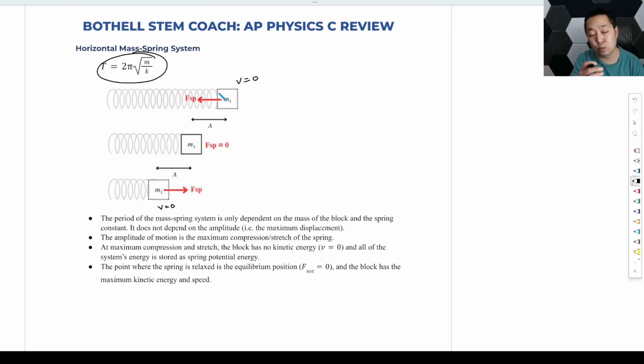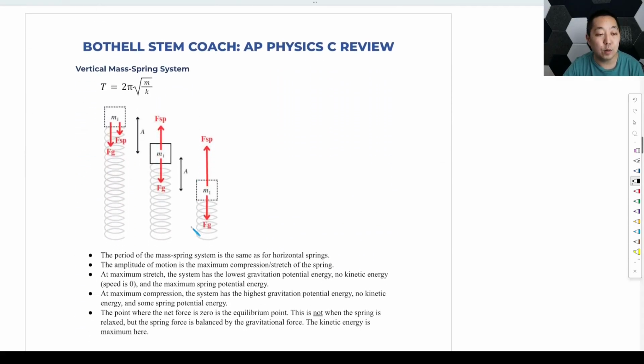You have the greatest force when you've stretched, because remember, the restoring force is proportional to how far away we are. So that's kind of the scenario for horizontal mass spring. Vertical mass spring,